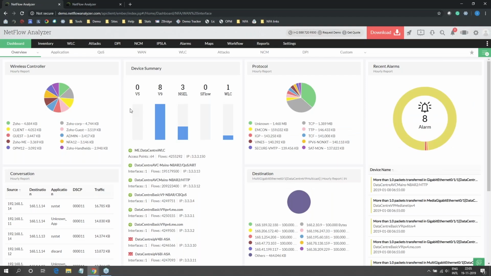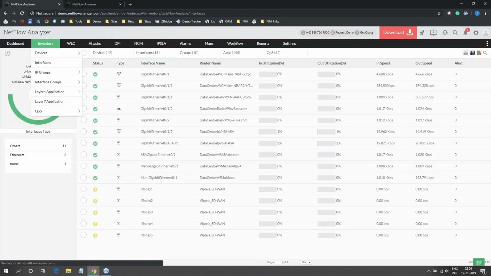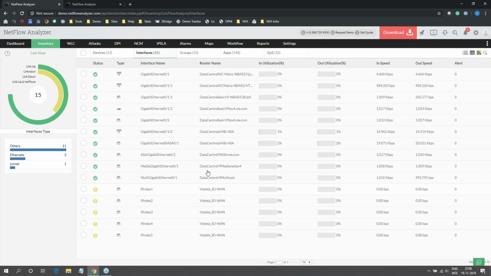So how we monitor that is that if your device supports Medianet, the flow packets will already contain the information of the rich media. If the device supports that, we do have a tab within that. So you go to the interfaces under the inventory, you select the device, and there you go, you have the